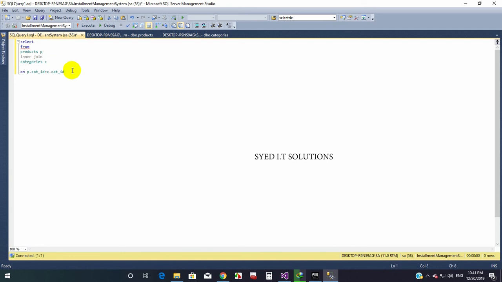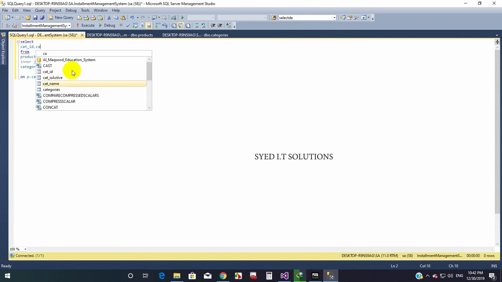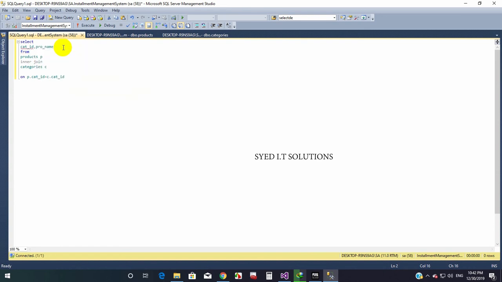Then after the select, write the names of the columns you want, like I want to select category ID, product name, P dot product name, then category name.